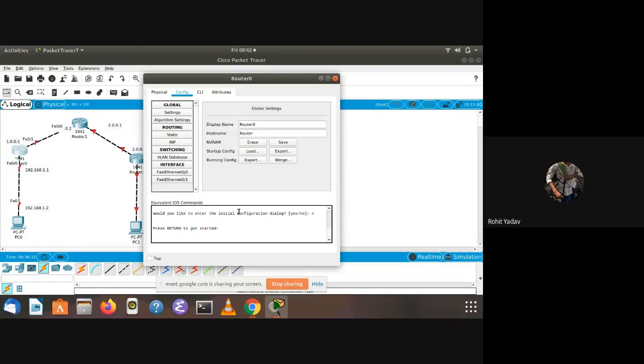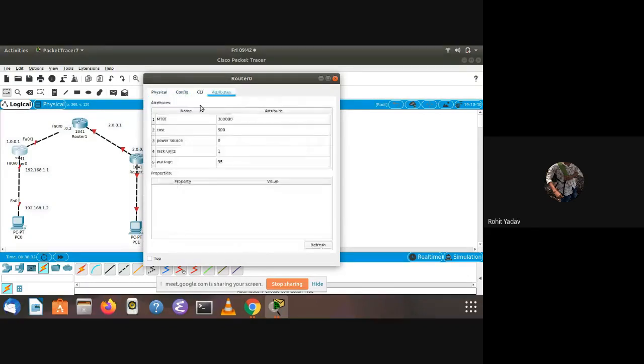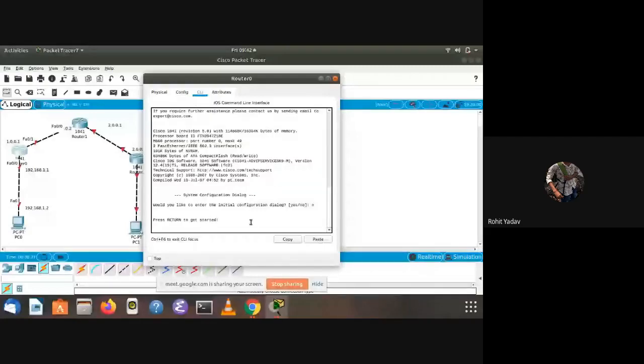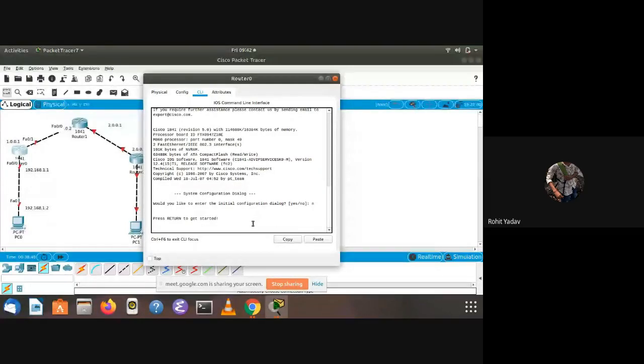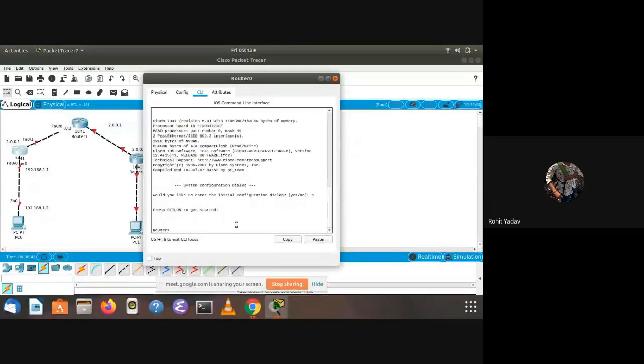This is router one. We will go into the command line interface and enable it.